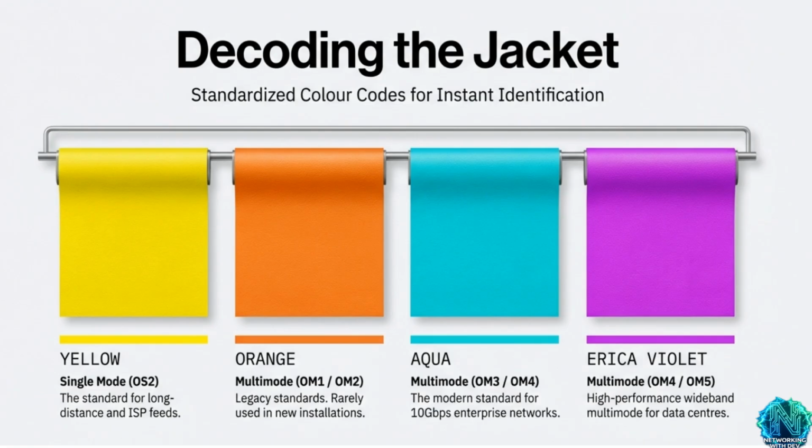If you see yellow, you're looking at a long-distance ISP feed. Orange represents legacy multi-mode, OM1/OM2. These are older standards you'll rarely see in new high-speed installations today. Aqua is the modern enterprise standard for 10 gigabits per second multi-mode, OM3, OM4. And Erika Violet, that distinctive purple, identifies the highest performance OM4 or OM5 wideband multi-mode, specifically built for the demands